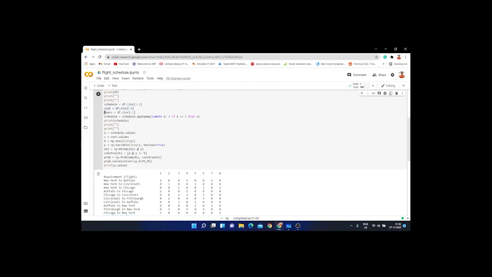Basically, cost is a row vector from all the cost values from here. Hours is also a row vector from the hours which is present. This is all inputting the data. Here we apply our method that if there is any variable greater than 1, then that should be changed to 1.